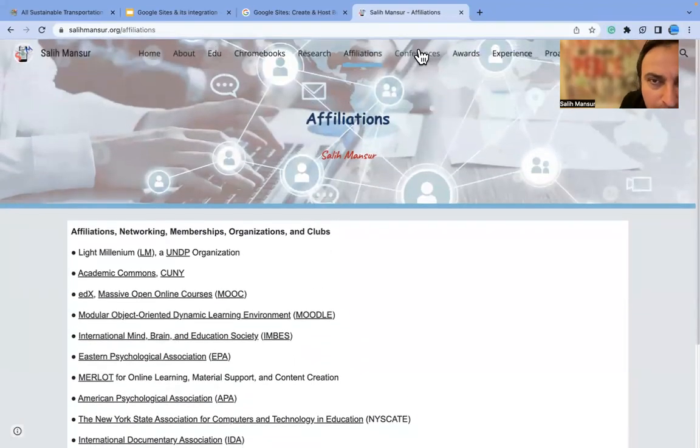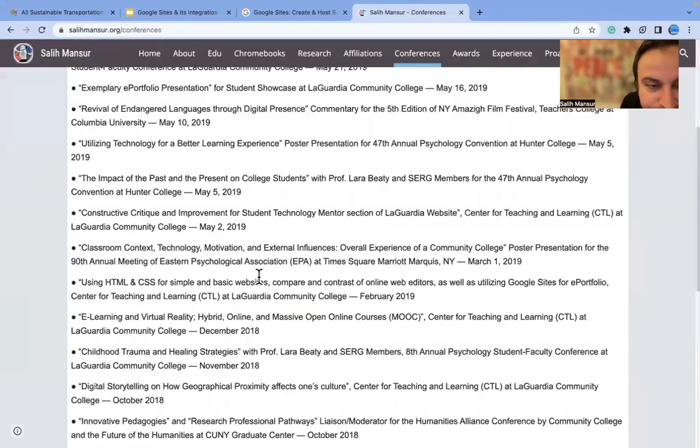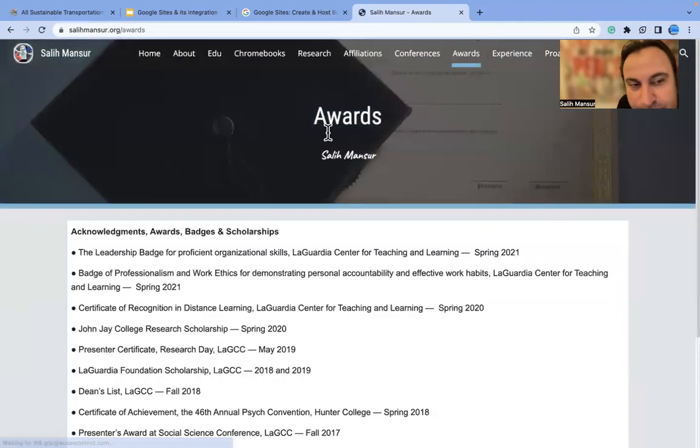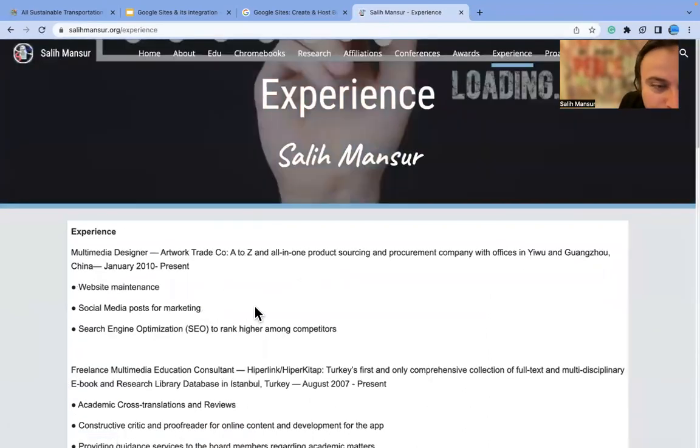So, conferences. All right, these are the awards I received. For example, sometimes I see a certificate in my storage, and I'm like, wow. I even forgot about having it, but I could put it here. So I line them up here. I could put links and copy and paste, or put a picture, or upload the document, just to show off